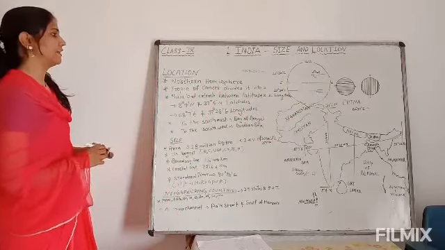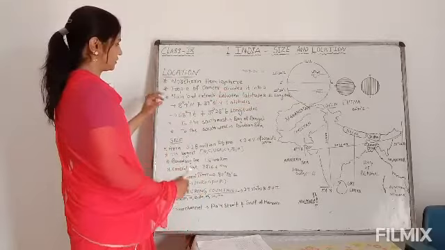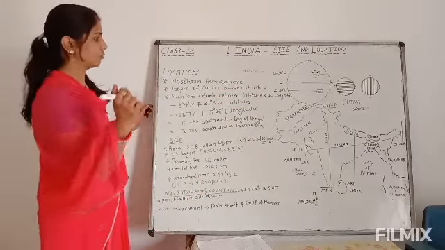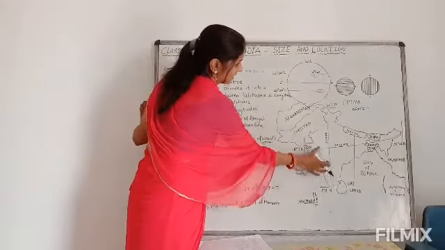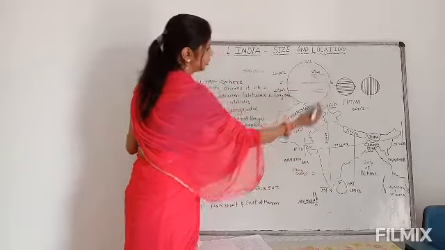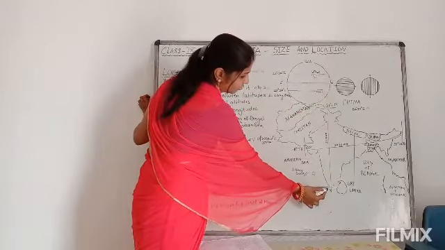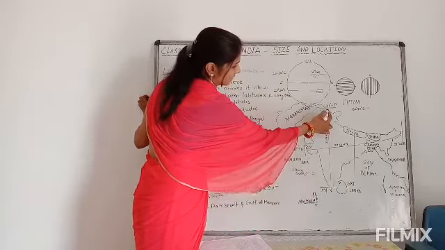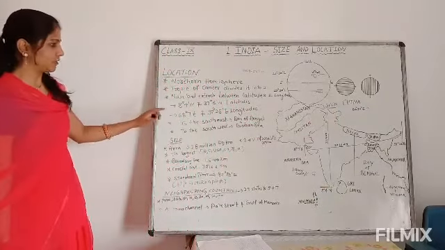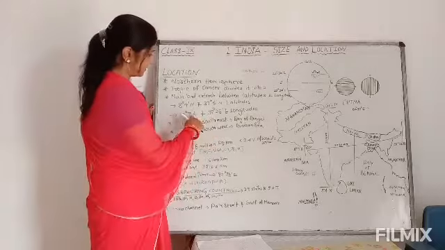So the mainland of India extends between certain latitudes and longitudes. First, 8°4' north and 37°6' north latitudes. India is in the Northern Hemisphere, that's why the latitude is mentioned as north. So, first 8°4' north latitude to 37°6' north latitude. Secondly, the longitudinal position of India is 68°7' east and